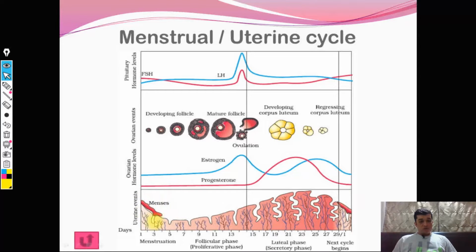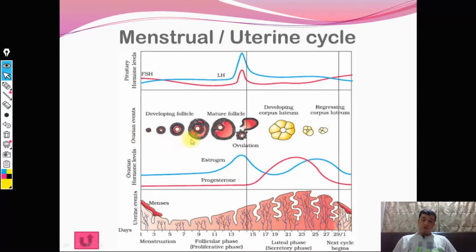Now, corresponding to this, we are showing changes in hormones, and the changes are shown in two ways. One I have shown is the ovarian hormones, that is, the hormones from the ovary, estrogen and progesterone, and the second is the anterior pituitary hormone, that is FSH, and this blue line indicates LH. These are simultaneous changes which happen in the ovary,